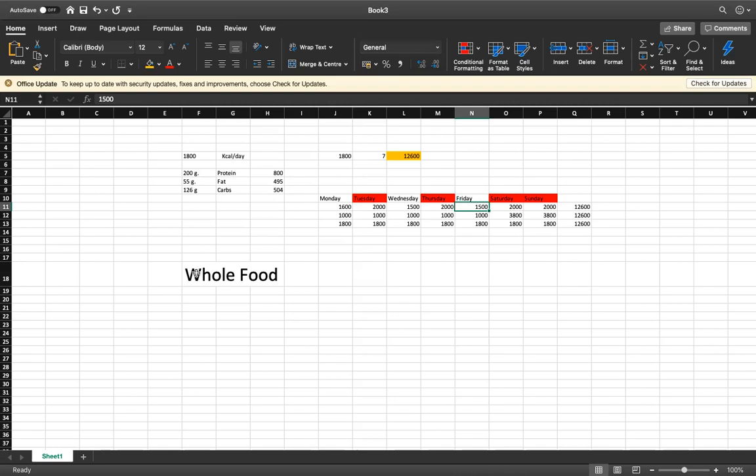In fact, on what I said here, one super important thing is that your nutrients need to come from whole food. Please avoid, as much as you can, any processed food. When it comes to whole food, it means you have rice, you have pasta, you have chicken breast, you have steak. Avoid, for example, fish fingers, because it's a processed food. There's a type of fat in it that is not good for health, so I wouldn't recommend it. However,